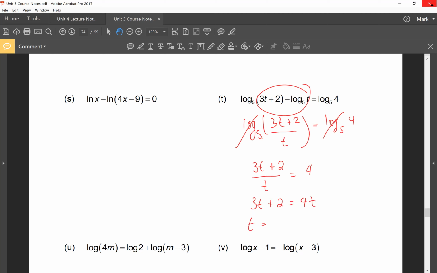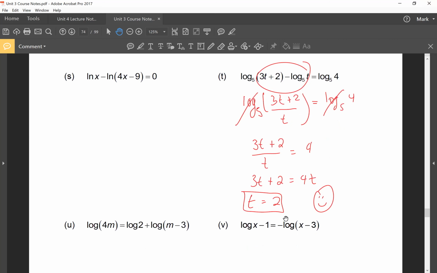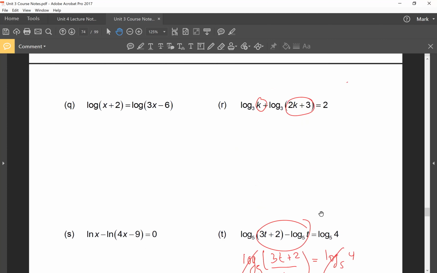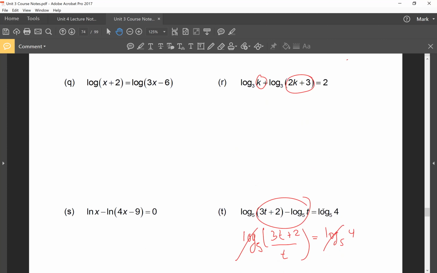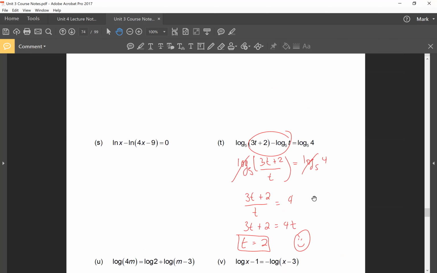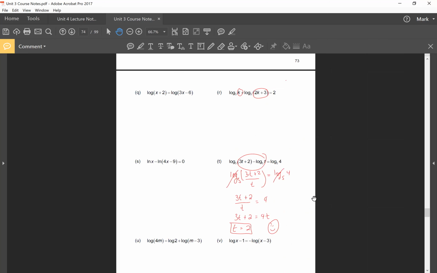So t will end up equaling 2. That's it. Not too bad, right? The real challenging one here was at R. And again, if you're wondering why, let me zoom out so you can see my writing. But if you're wondering why in R, why couldn't we cancel the logarithms? Well, when you simplified R,